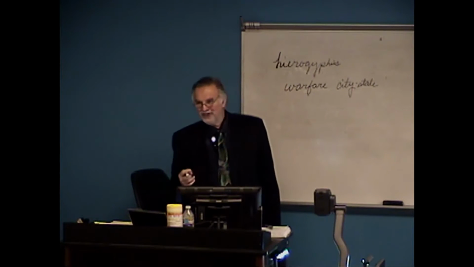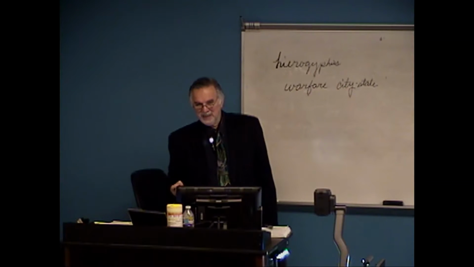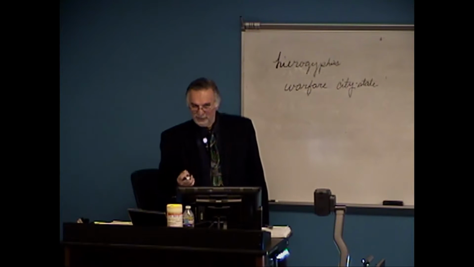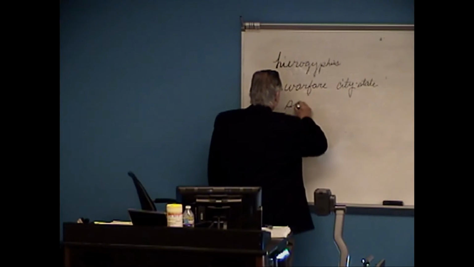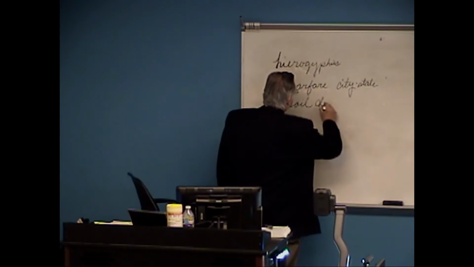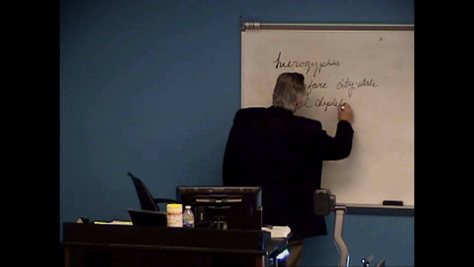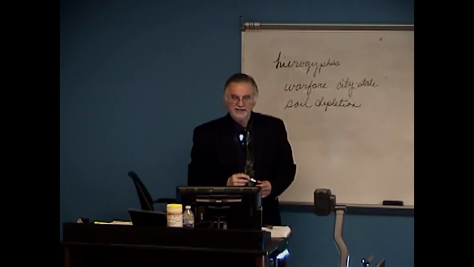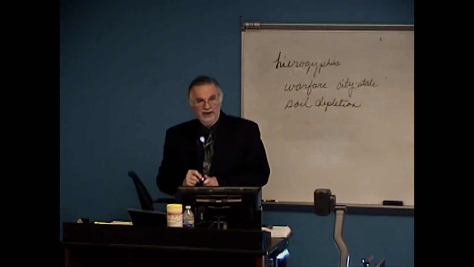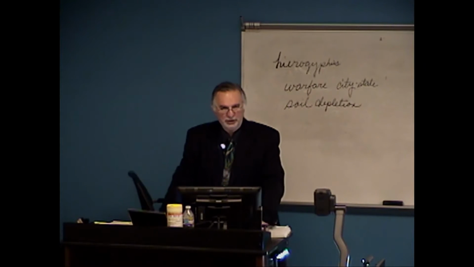People are getting killed in the war, but also these are cultures that offer human sacrifice. And they don't offer up necessarily their enemies captured in battle. They offer their own. So you have a depletion there. You also have soil depletion. It's a slash and burn agriculture. So they're chopping the jungle down, chopping it down, burning it, etc.